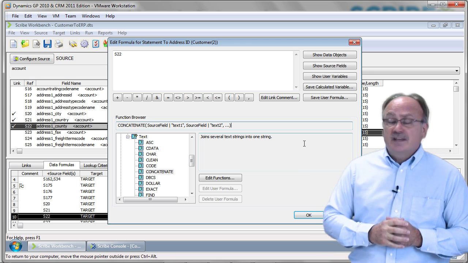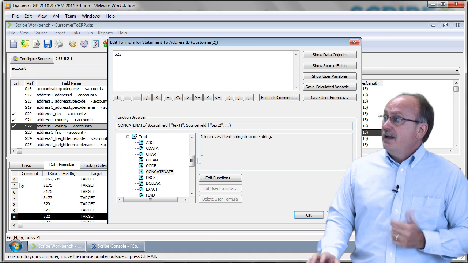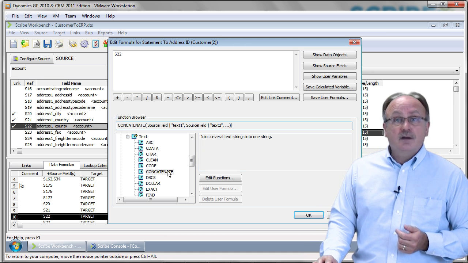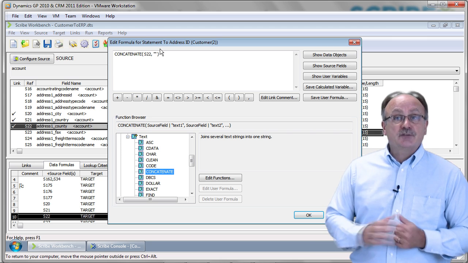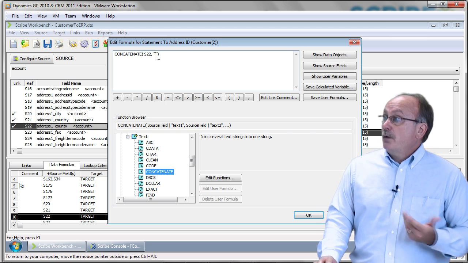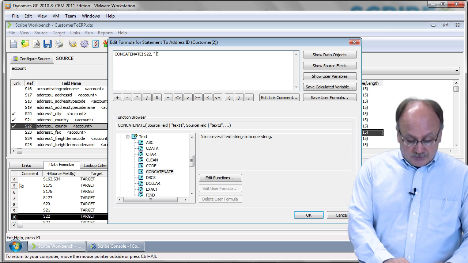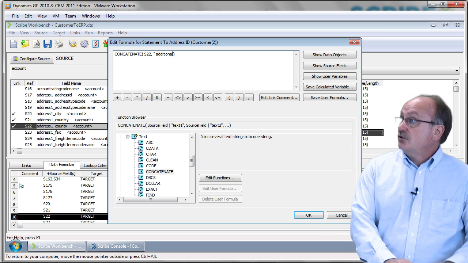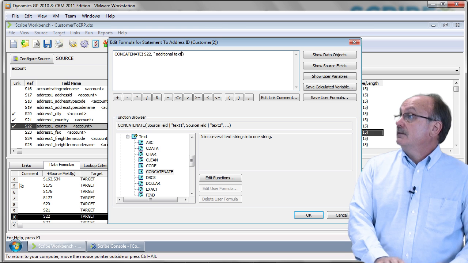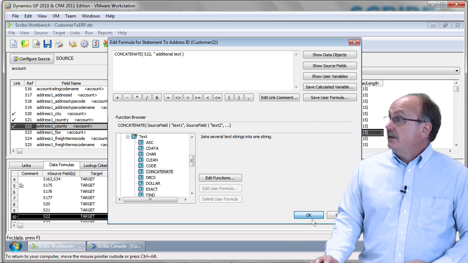So if I wanted to use concatenate on this link that we've just created, how would you do that? Simply double click on the word concatenate and it now builds out the string at the very top there. What do I want to concatenate the contents of source field 22 with? Well, I'm just going to go ahead and type in "additional text",